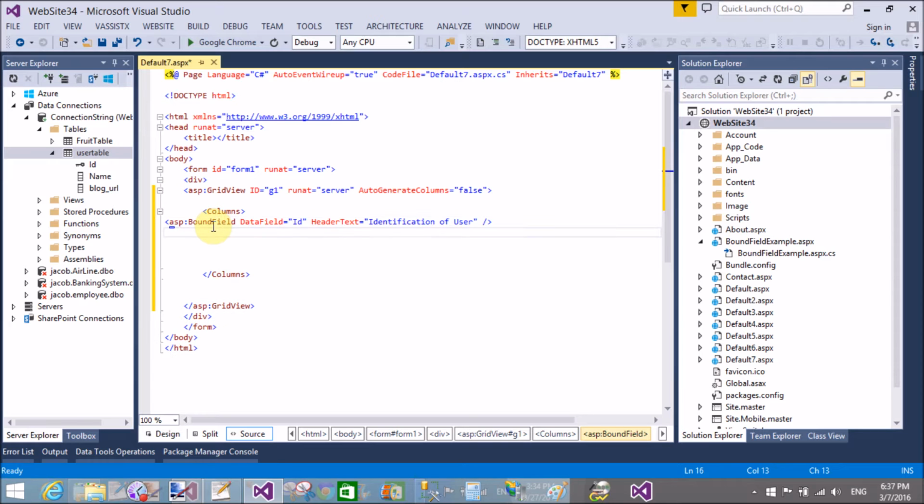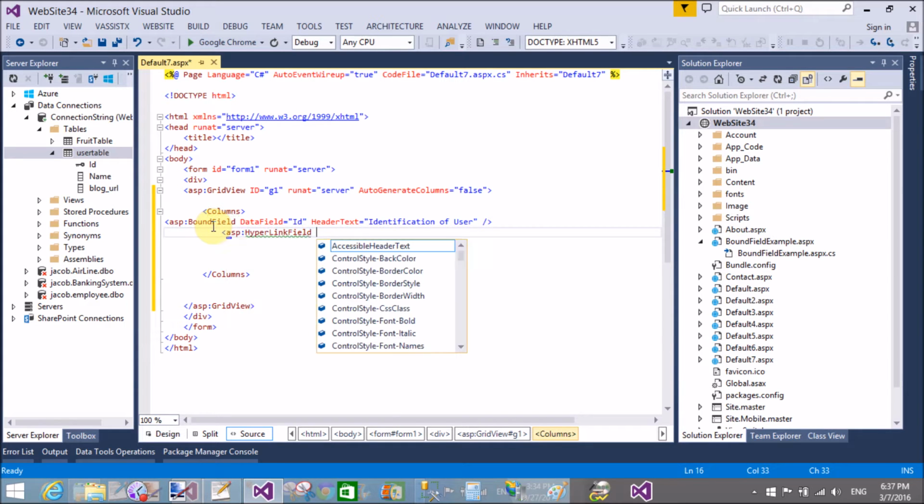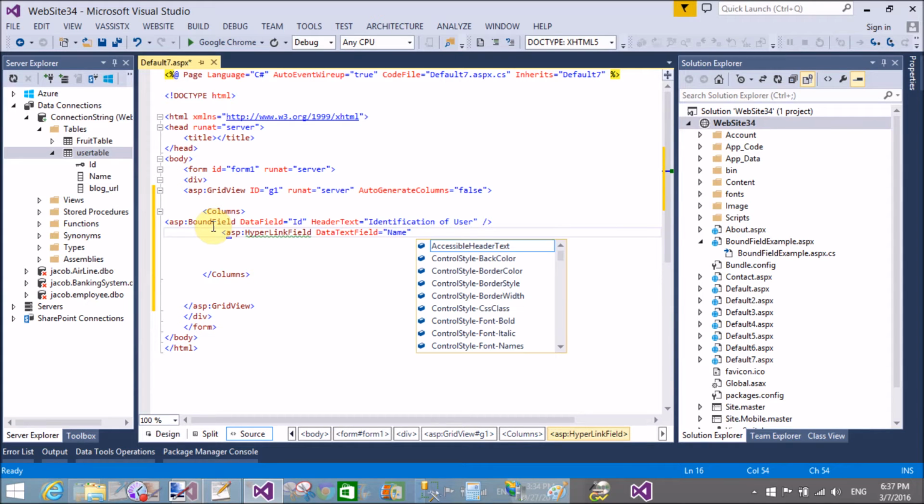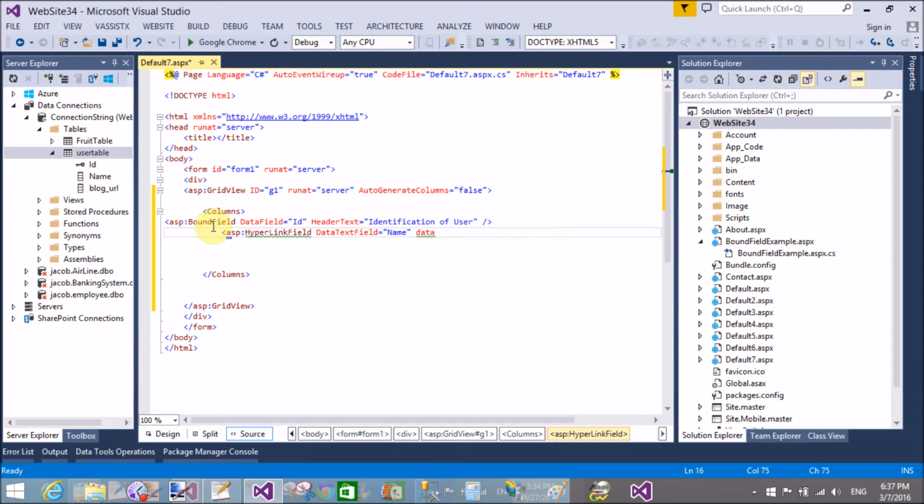Similarly, we can take a hyperlink field. We all know that a hyperlink field contains two properties, data text field and data value field, and also the navigate URL field. The data text field is what appears on your screen.